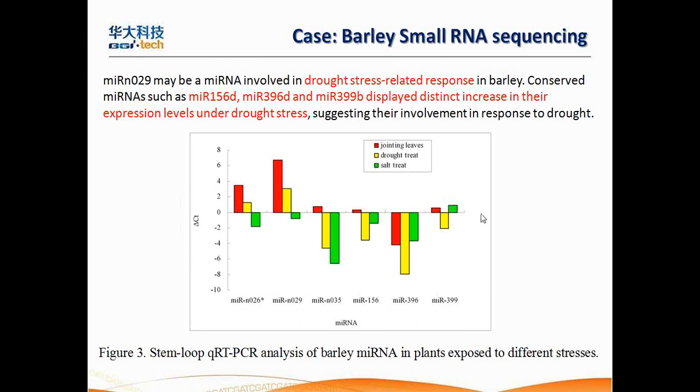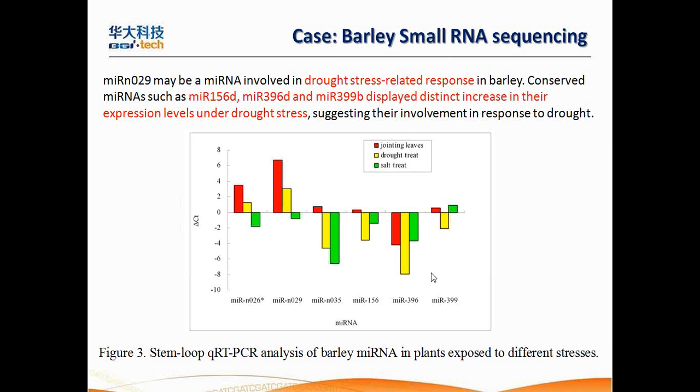So here is a schematic. Here is a picture of their results. They found this microRNA 0 to 9. That's this one. That is drought stress related because in the drought sample it is changing expression level, and also they